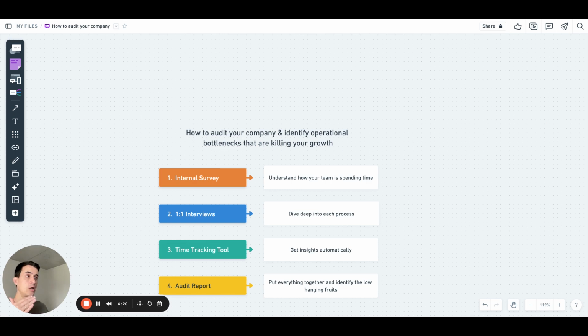And then I would say the final step is, okay, now you have the data from the surveys, you have more insights from the interviews and from the time tracking too. And then it's time to put everything together in an audit report. So internally, we have our own methodology for the audit report. For each process, we create a flow chart with the step by step of that process. We run what we call our 6-element process module analysis. So we analyze 6 different elements of each process,